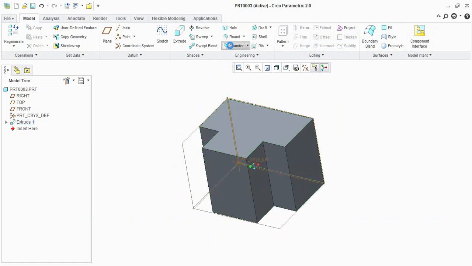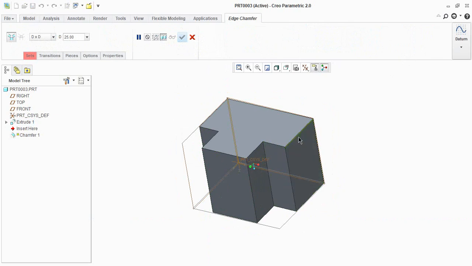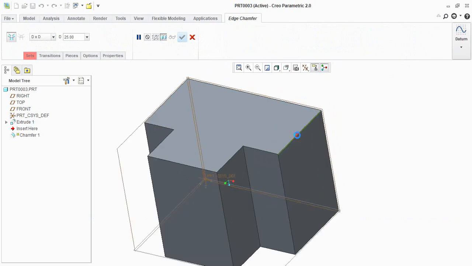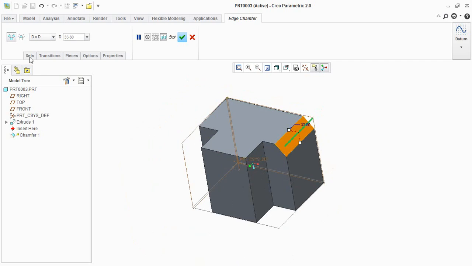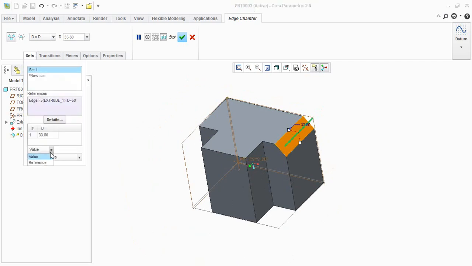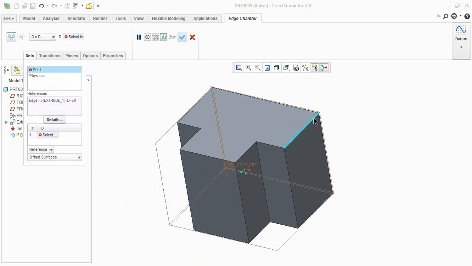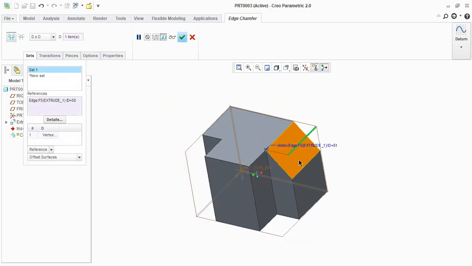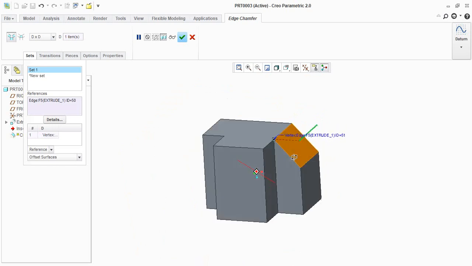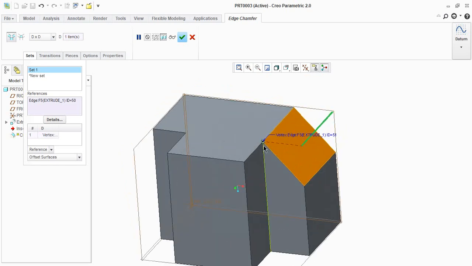Now here one more thing. When you enter into the chamfer, for example, I need to chamfer this edge. Okay, so I'm selecting this edge. You can give the dimension. Otherwise, you can use the reference option. You can use the reference edge or reference vertex for fixing your chamfer. If you use the reference option, you need to select an edge or a corner up to which your chamfer needs to be extended. So I will be selecting this corner edge. Then the system will fix your chamfer up to this edge.